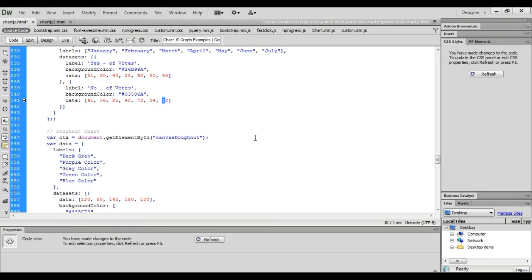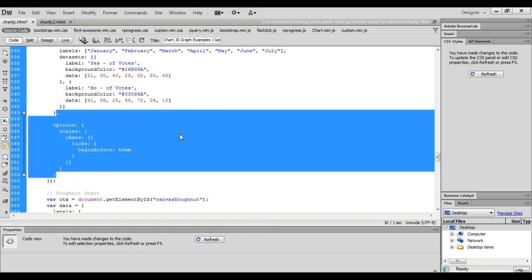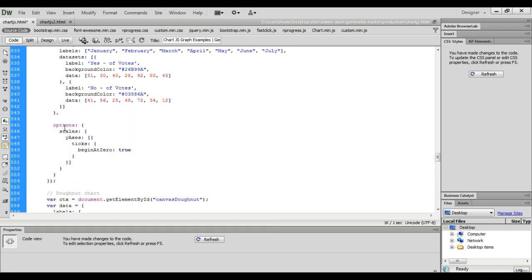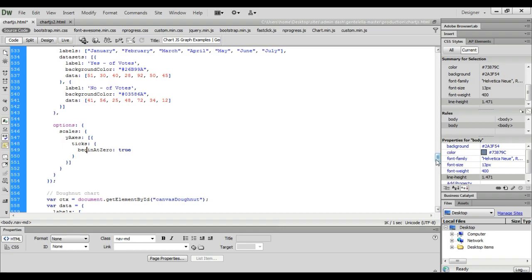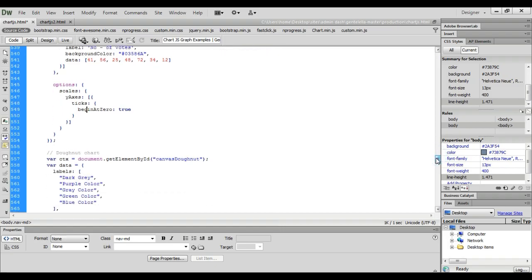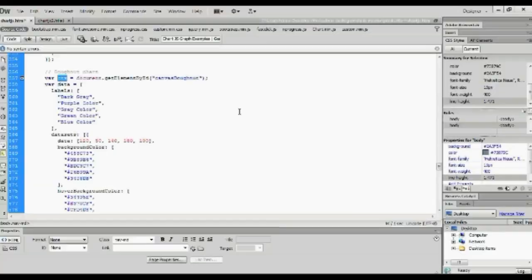So actually, to avoid that, we just need to specify the options whereby the scales for the y-axis, the ticks should begin at 0. So the first tick, these are actually the ticks. For the first one, it should begin at 0, then move up to the highest number. So that is it for a bar chart. The next